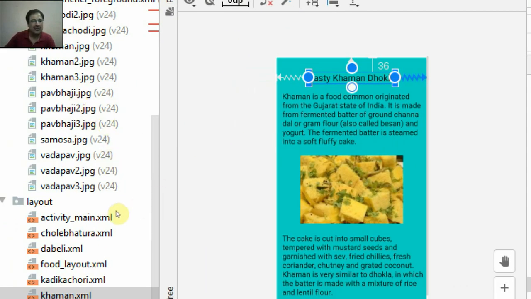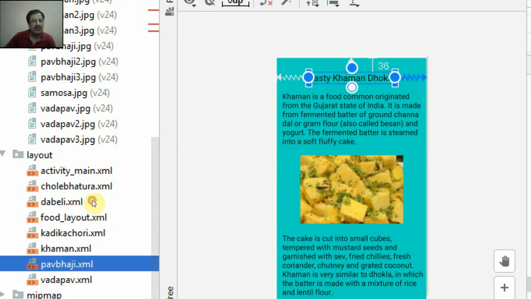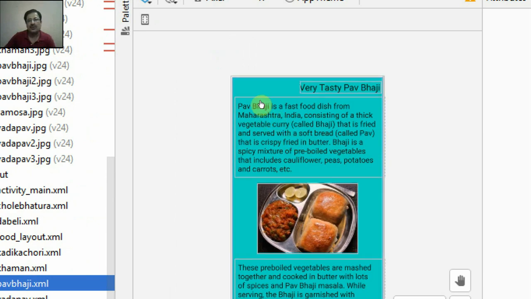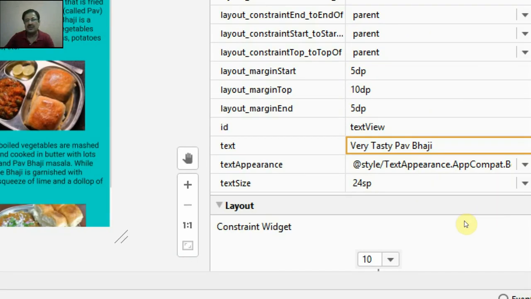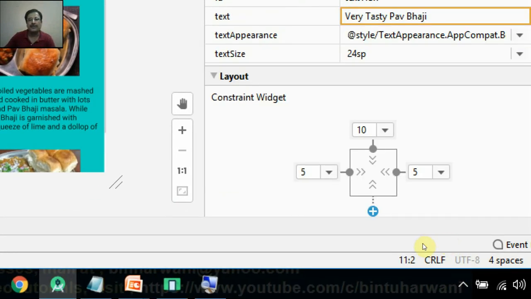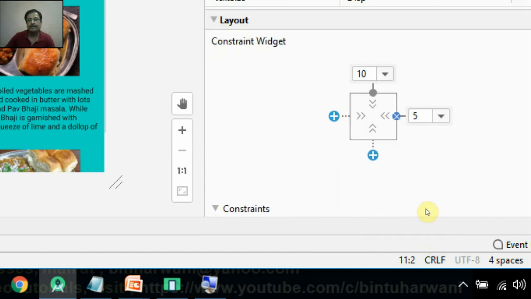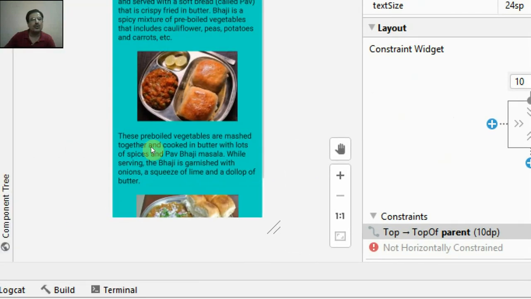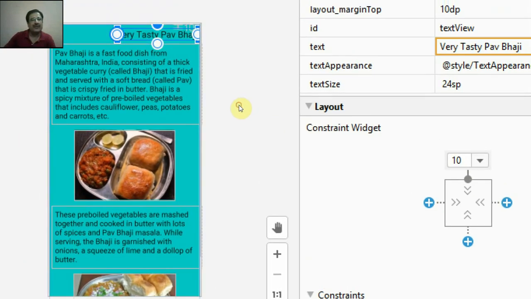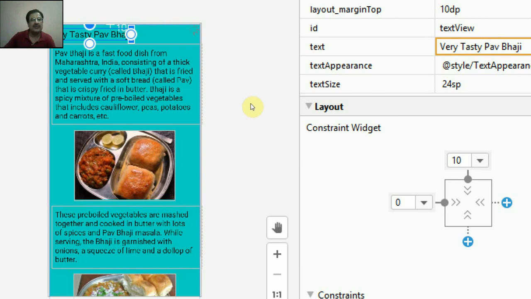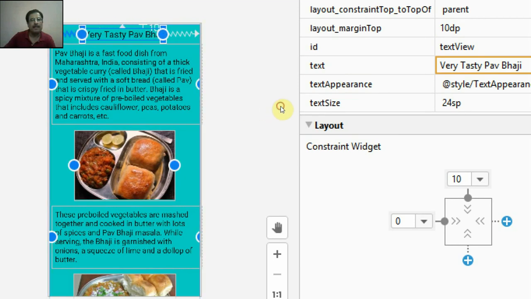Again go to some other file. Dabeli is done. Kadi Kachori, Pav Bhaji. This is not at the center again. So delete your left and right constraints. Here I don't want this. Drag its left node to this border and this right node to the border.